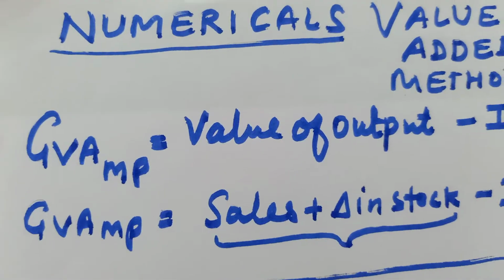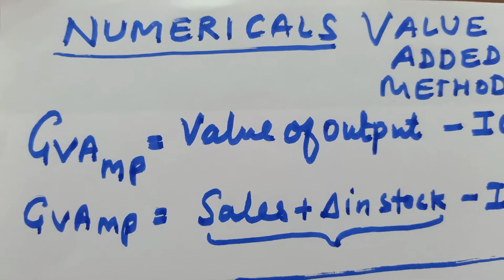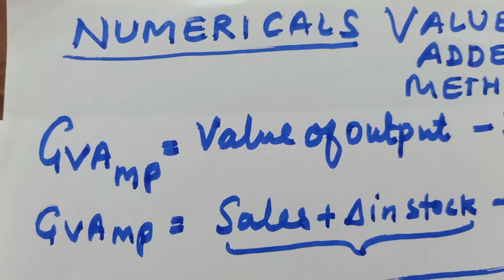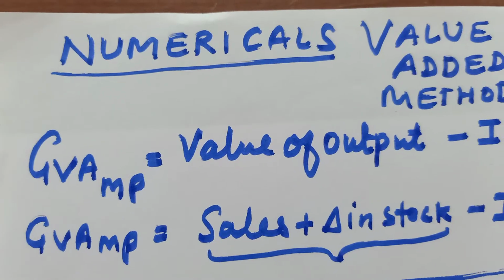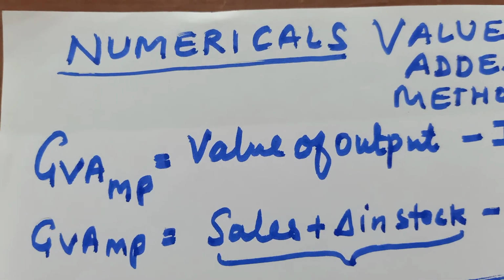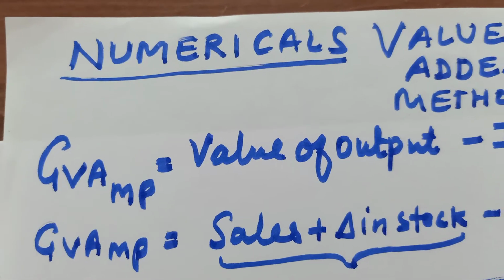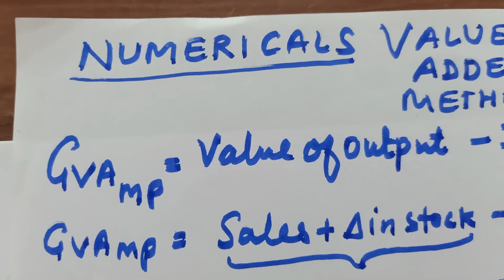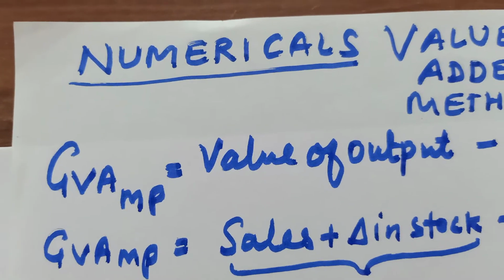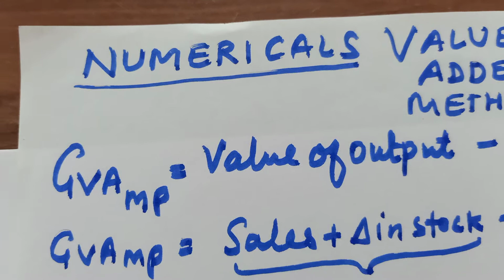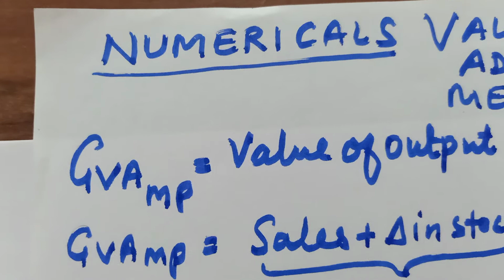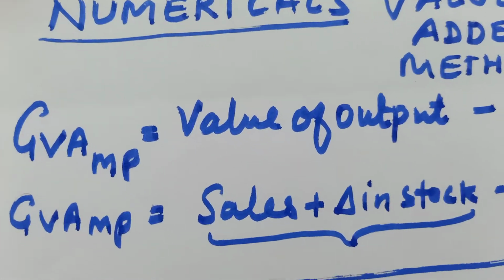So what does this value added mean? It is the addition of value to convert any raw material into a finished good. Here you are adding value to raw material, and this value addition is the result of the efforts of the factors of production in the form of rent, interest, profit and wages. So value added in the economy is always equal to the sum of rent, interest, profit and wages. So if we calculate national income by all three methods, we will get the same result.